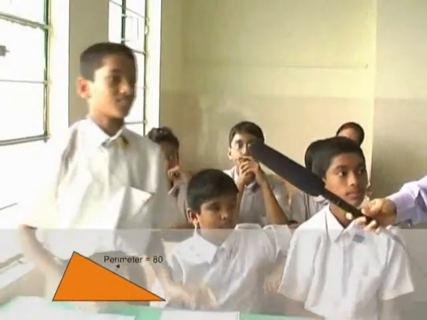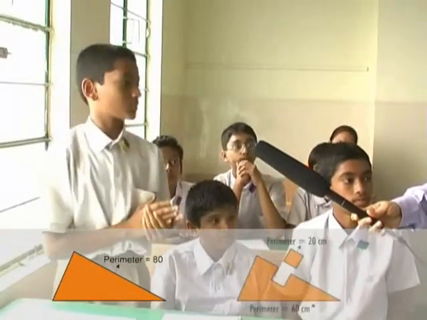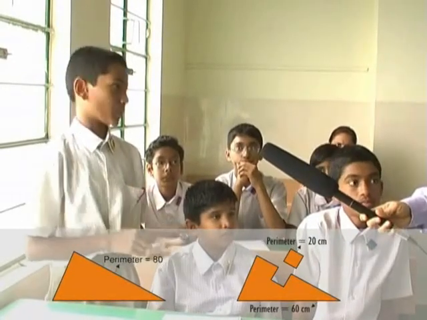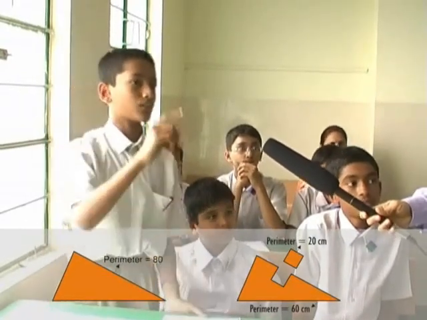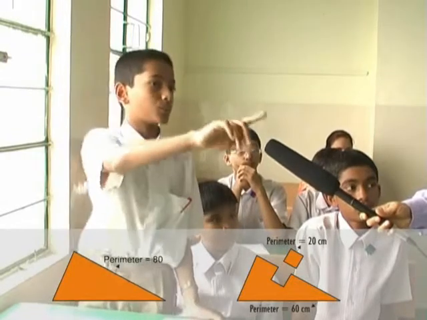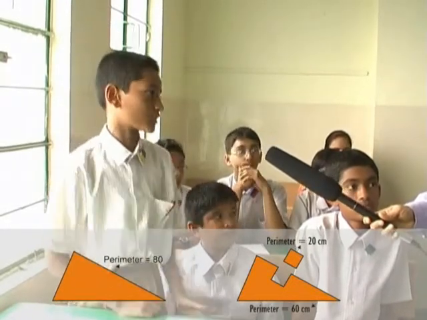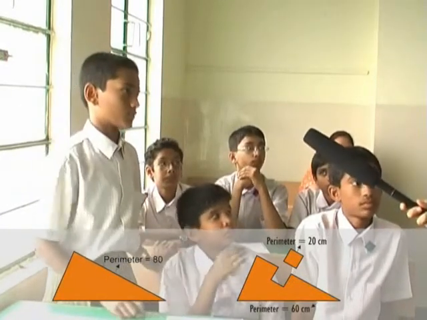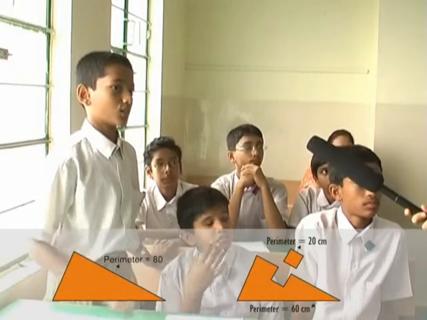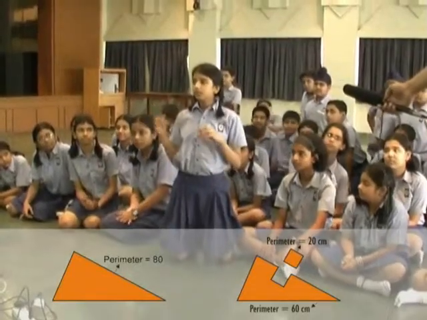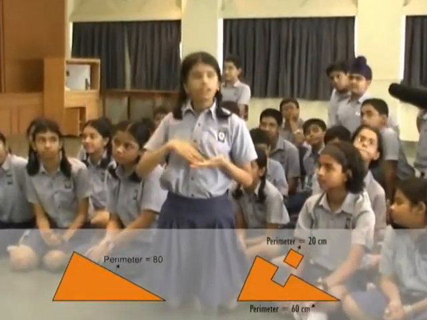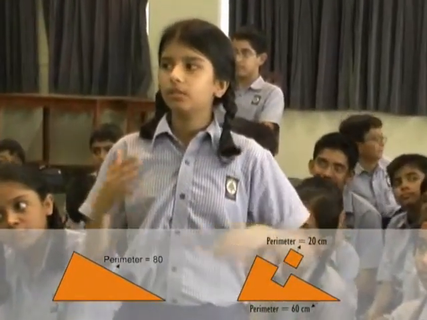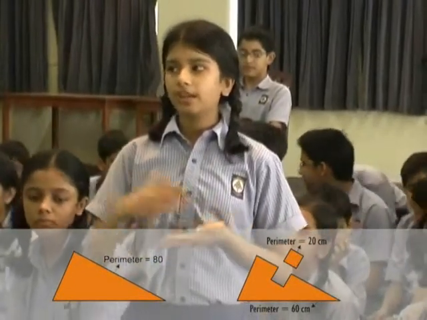Okay. The answer is A, because we have a square of side 5 centimeters, so its perimeter has to be 4 into 5, that is 20. And if we subtract 20 from the perimeter of the triangle, that is 80, we get 60. Why do you subtract 20? Because you are taking off that much from the triangle. The square that's cut off has been a part of the triangle, so if you cut it off, it's obvious that the perimeter of the triangle will become less.